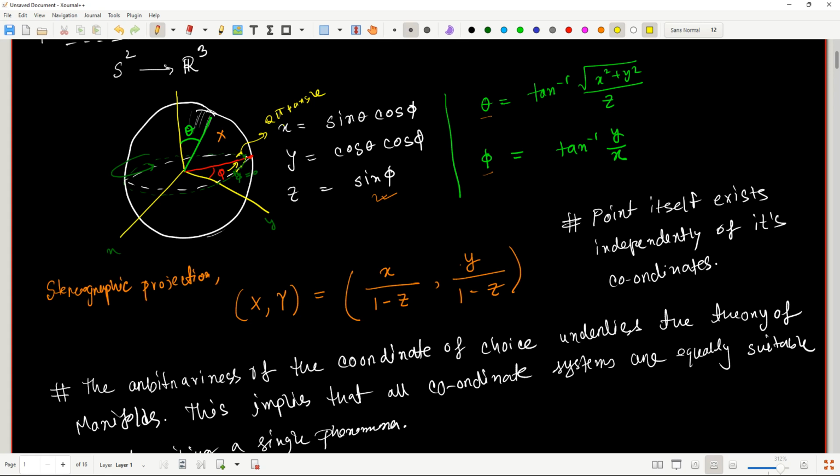And even if you try to cover the sphere by saying that no, I really want to cover the sphere with these coordinates, you'll immediately realize from this expression that when z is equal to 0, this theta doesn't even make any sense. Even though you might attempt to say that, oh, this is tan inverse of infinity which should give me pi by 2 or something, right? Because cos pi by 2 is 0, so it's 1 upon 0. But that's not the case, because